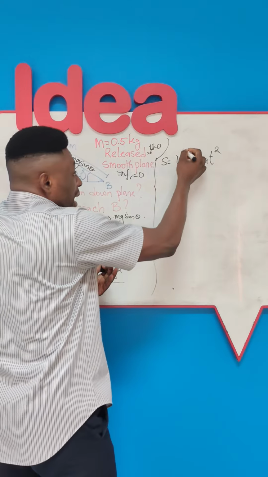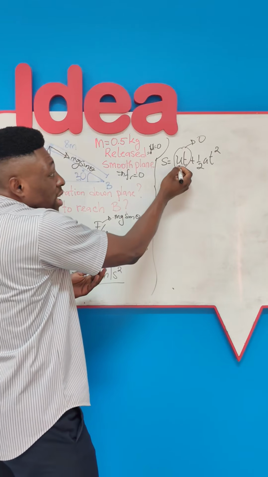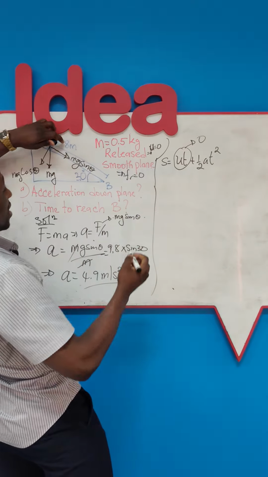We have to bear in mind that this component here will boil down to 0. Why? Because the initial velocity is 0. So what is this S here, dear friends? This is the distance